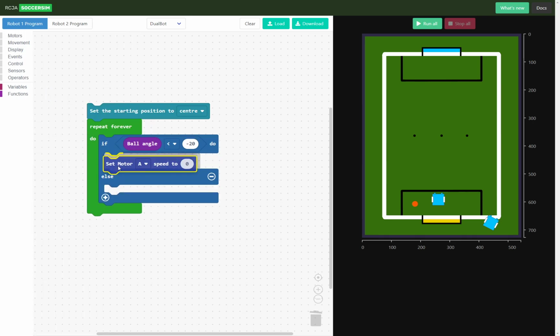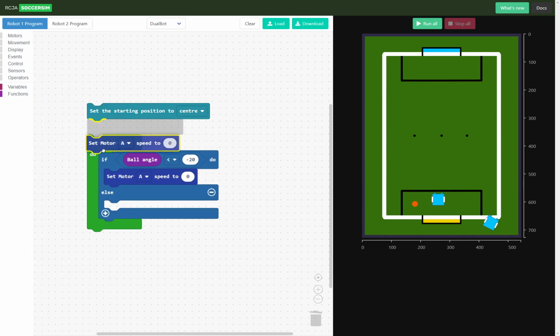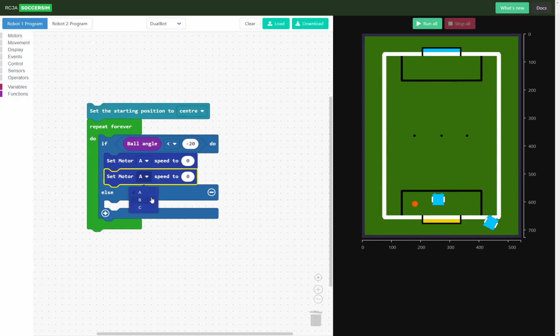So we'll grab our motor speed blocks. We want to turn left, which means that the left wheel needs to go backwards and the right wheel needs to go forwards. Okay, so that's one of our conditions. If the ball angle is less than -20, so if it's like -30 or -50 or -100, then it will